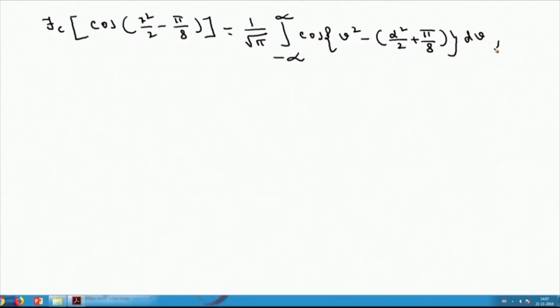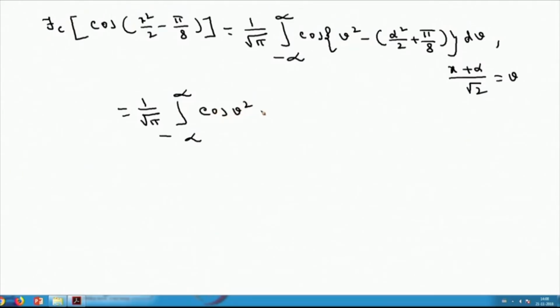Again, the substitution is x plus alpha by root 2 equals v in the earlier integral. Once I obtain this, you can write 1 by root 2, integral from minus infinity to infinity of cos of v square into cos of (alpha square by 2 plus pi by 8)